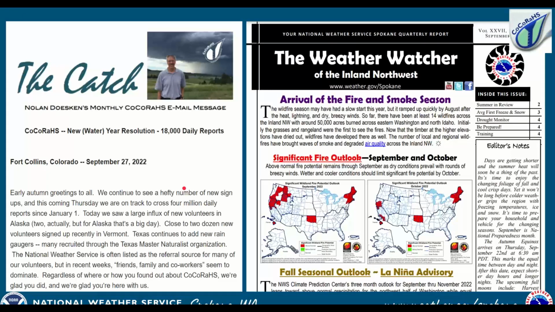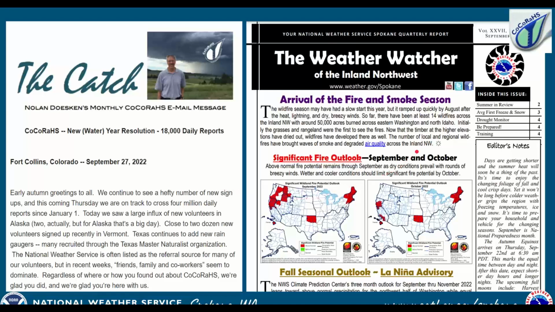And there's lots of resources that we have available that you can learn more about with the CoCoRaHS program. There is a newsletter called The Catch that is really fun to read and gives you those tips that you need and some really fun stories to talk about with the program.